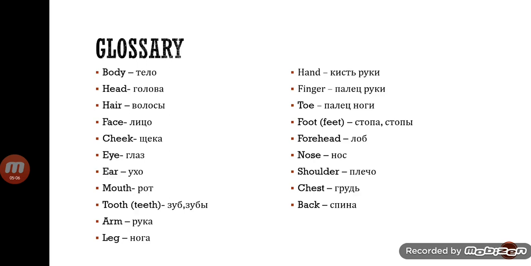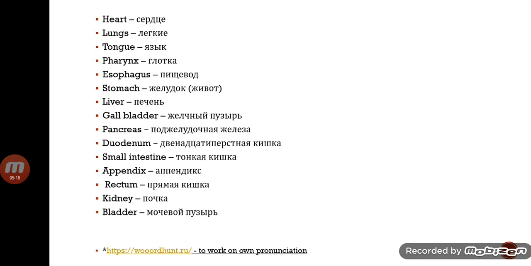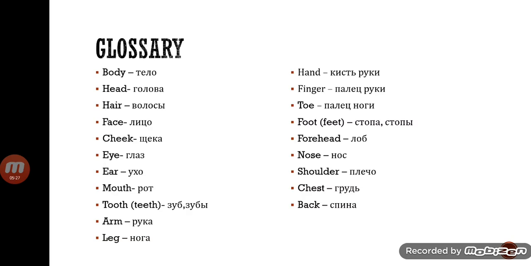So now, let's pronounce the glossary according to the theme. The glossary also must be noted by you. To work on your own pronunciation, you can visit the site wordhand.ru. There you can find either American or British pronunciation. Let's start. Body, head, hair, face, cheek, eye, ear, mouth, teeth, tooth, arm, leg, hand, finger, toe, foot, feet, forehead,